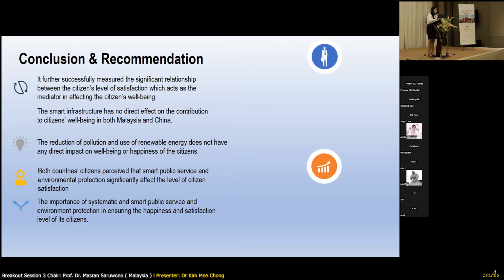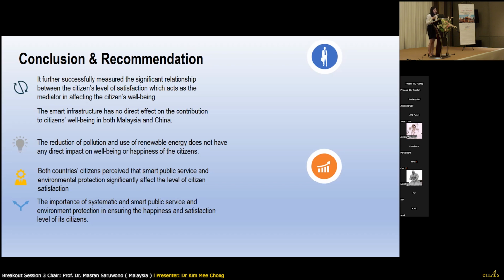And thirdly, the reduction of pollution and the use of renewable energy also do not have a direct impact on the well-being and happiness of the citizens. So we need the mediating effect of citizen satisfaction in order to have a significant relationship to the well-being of the citizens.